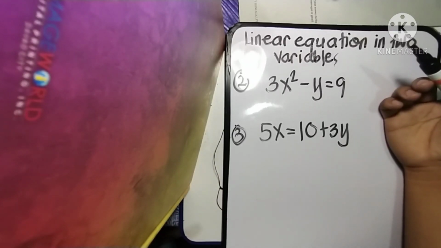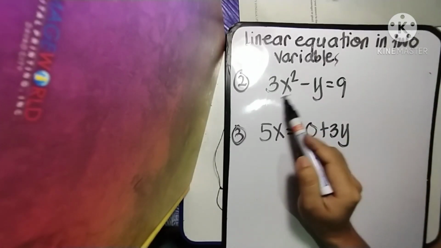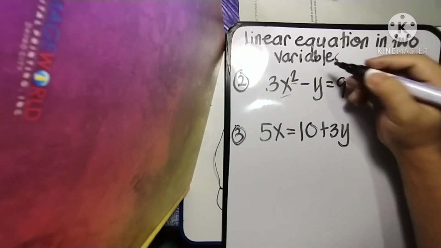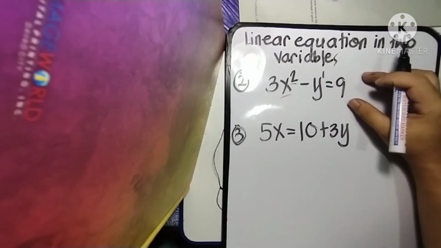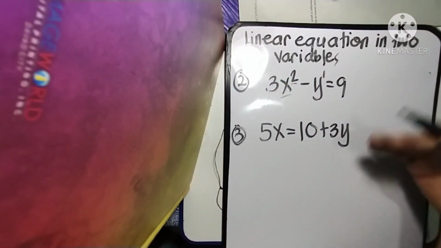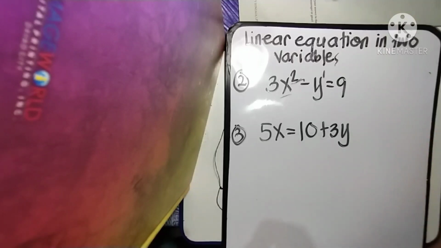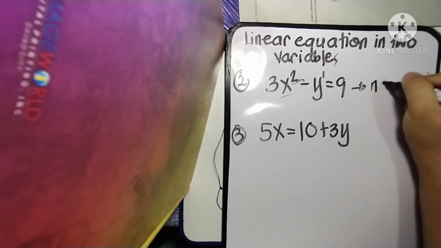Then, beyond that, dili na siya. Okay? So we have the exponent of x is 2. So meaning, more than 1 siya. And the exponent of y is 1. So, makonsider na siya nga linear if all the degrees of exponents are equal to 1. So since the exponent of this one is 2,